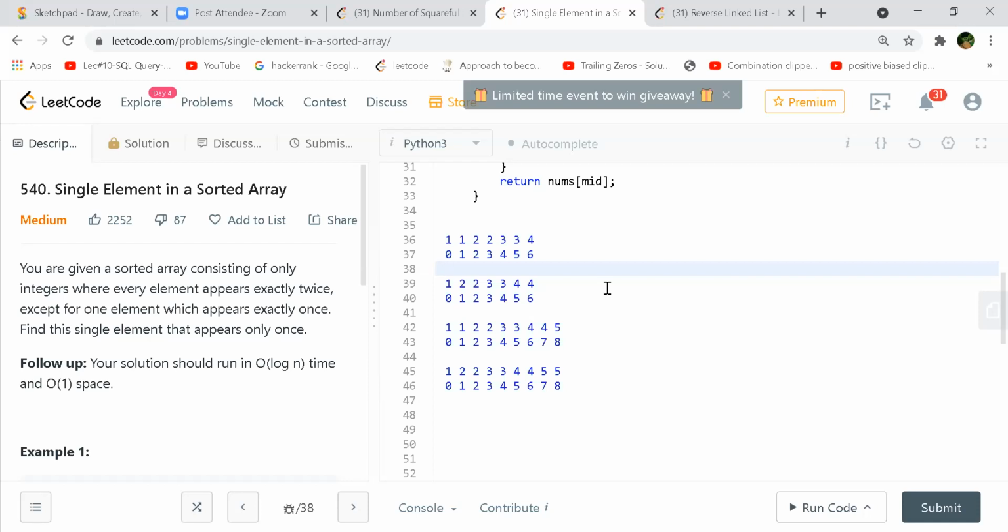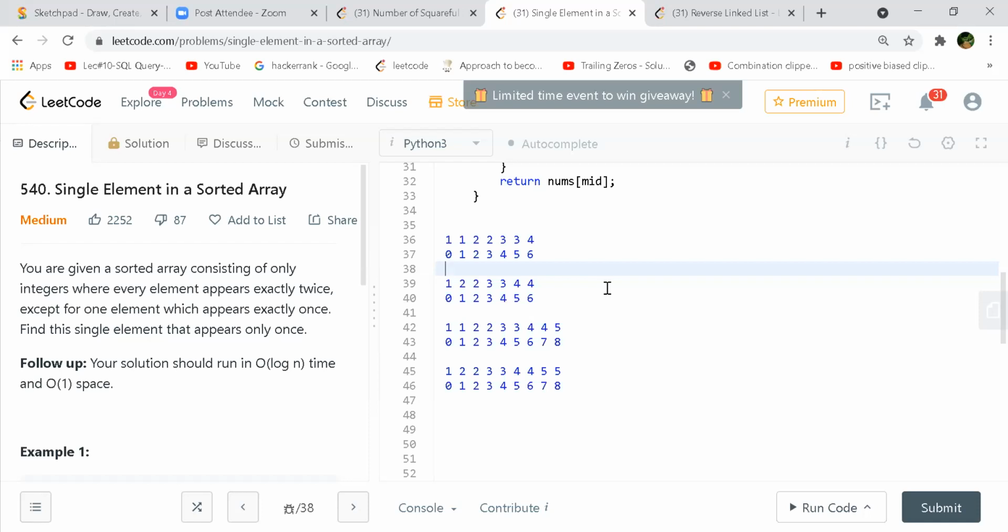Index 3 is an odd element. In case of odd, we have to check whether the middle and middle minus 1 elements are equal or not. Index 3 is an odd element, right? Okay, yeah, index 3 is odd.